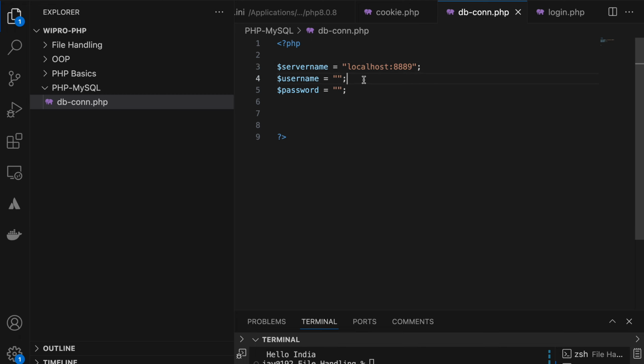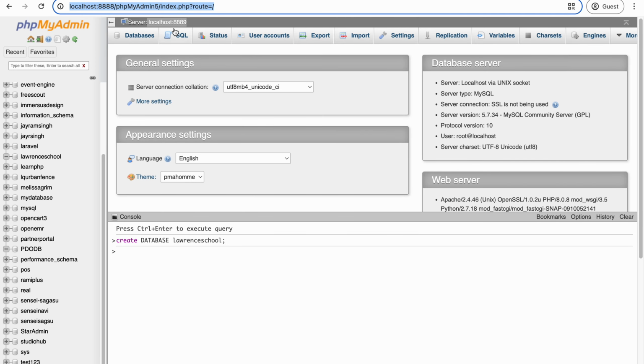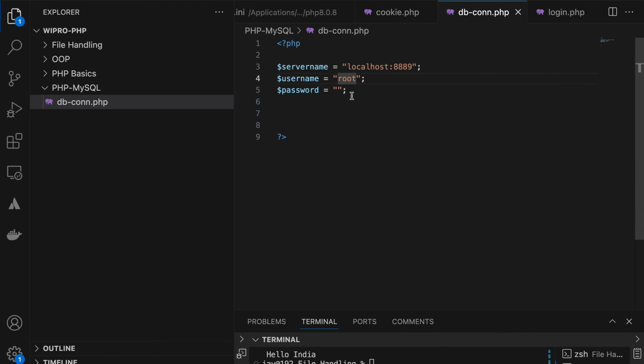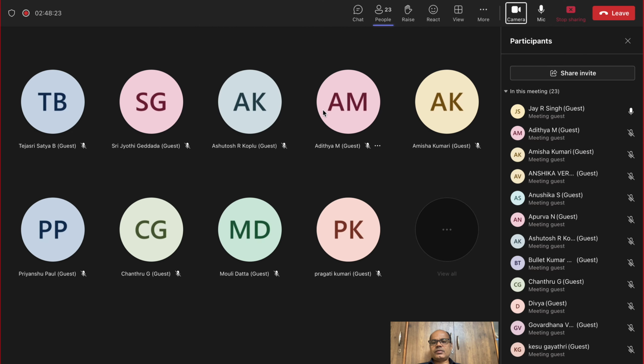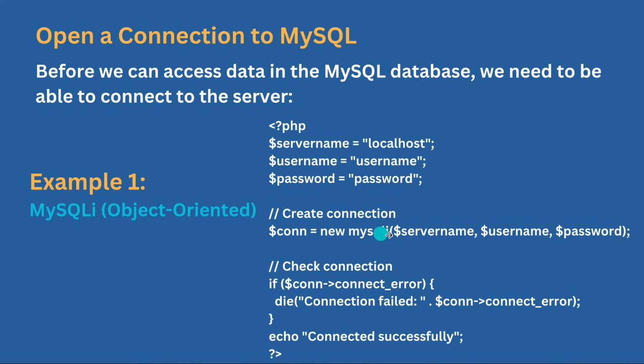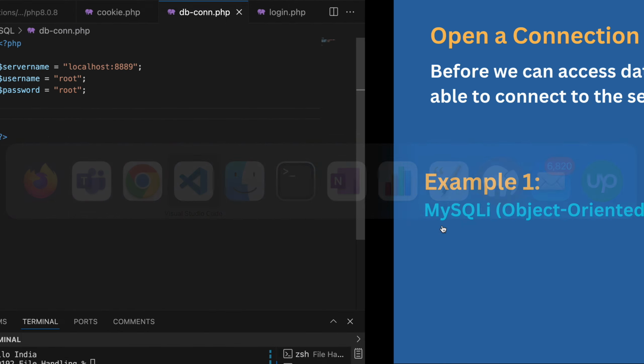This one. Then what is the username? My MySQL database server username is root, and password is also root. The next step is to create a connection.